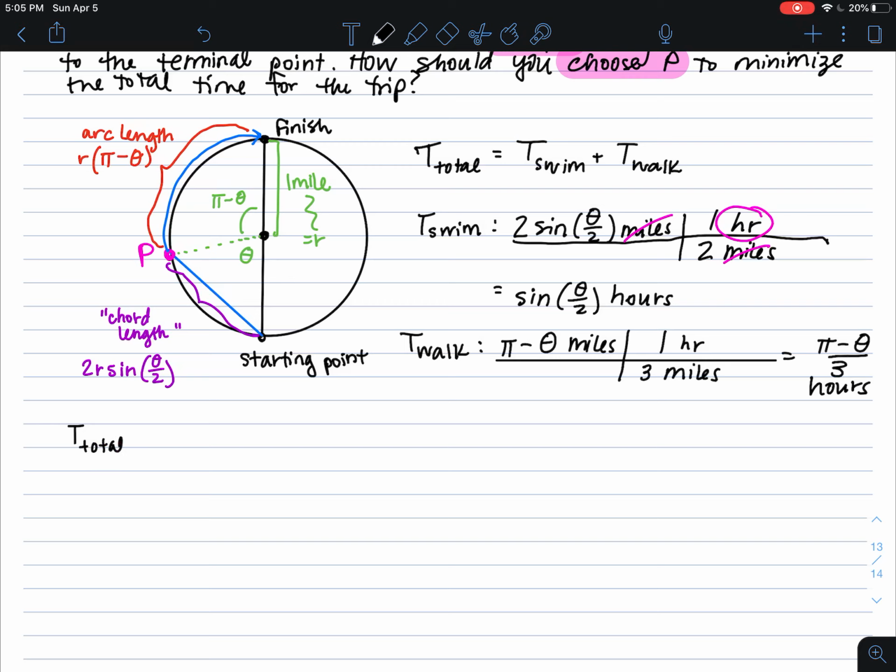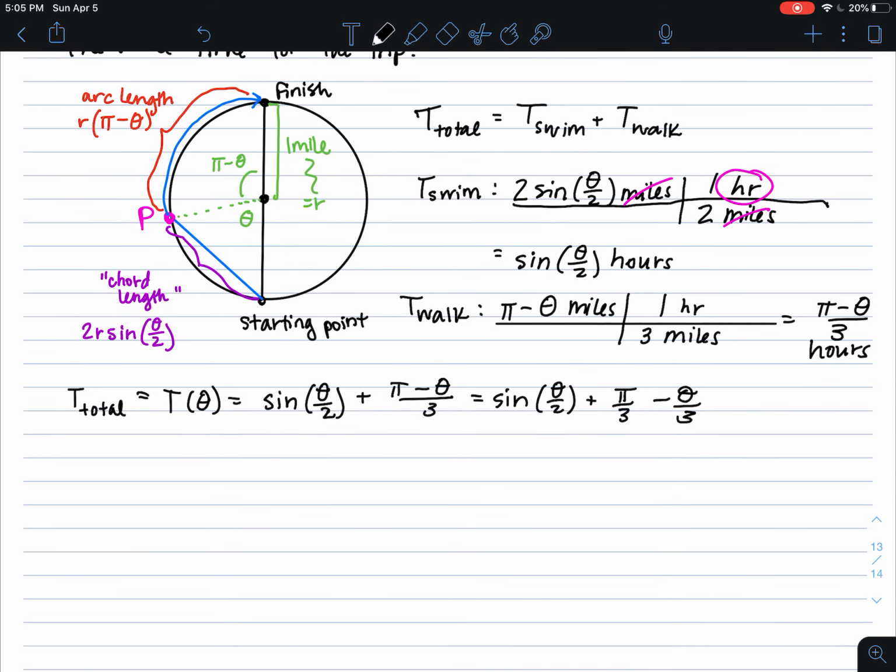So we can rewrite our total time as a function of theta, and that is sine of theta over 2 plus pi minus theta over 3. I'm going to rewrite this one more time as sine of theta over 2 plus pi over 3 minus theta over 3, basically taking apart this fraction just because it's going to make it easier for us to take our derivative. So now we want to minimize this total time with respect to theta, so we just need to take the derivative of t,